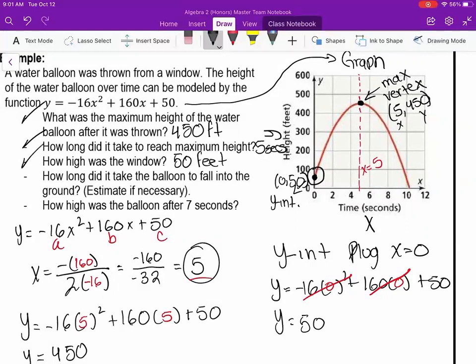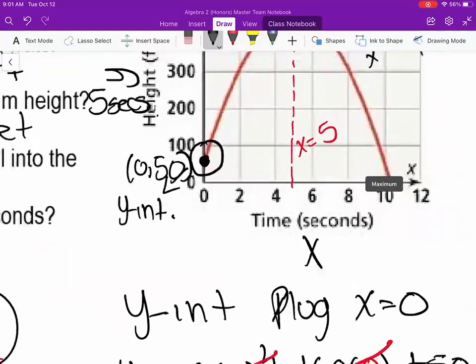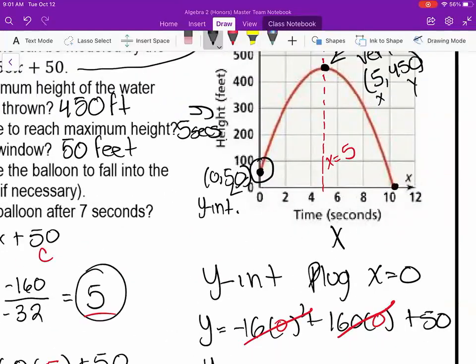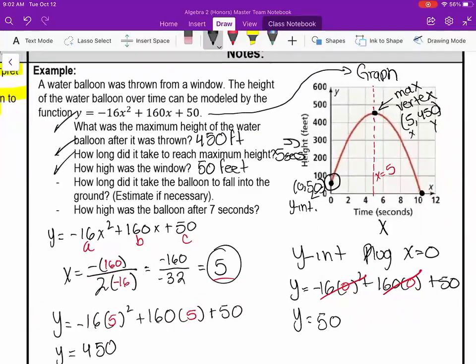Check. All right. Now, the next question says, how long did it take the balloon to fall to the ground? Estimate your answer. Now, luckily, we are given the graph. If we were not given the graph, this would be much, much harder to figure out. But I can estimate that I'm going to hit 0, or hit the floor, around this point, which is your x-intercept. So far, we don't know how to find the x-intercept, so we're just going to estimate it. I'm going to estimate that it's about 10.5 or 11. So it takes about 11 seconds